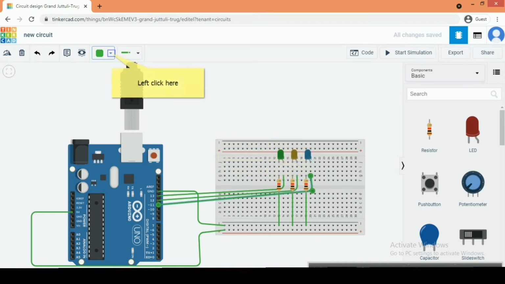If you are getting confused with the wires, we can also change the color of wires.